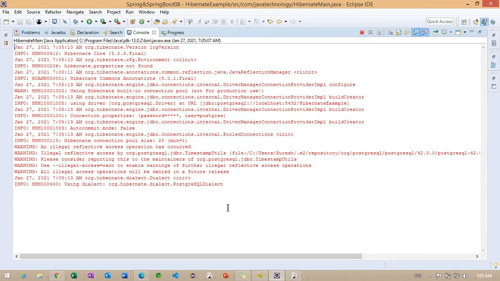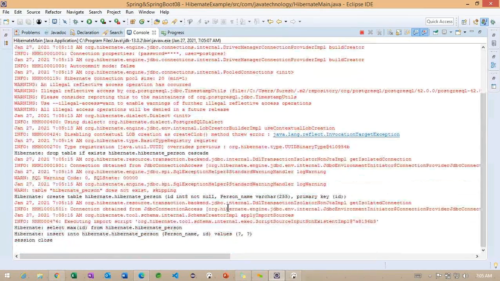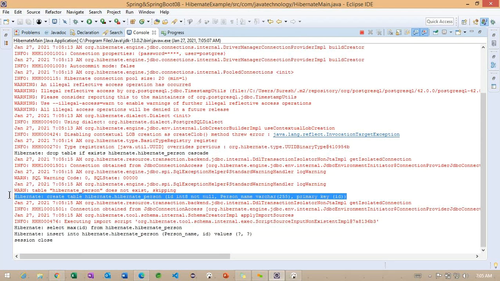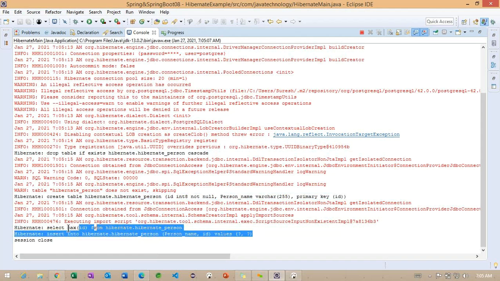We are trying to insert the record inside the particular Hibernate schema. You can observe here, the drop table SQL is generated, and after that it's trying to create a table inside this particular schema. And we are trying to load max ID. With the max ID, we are trying to insert the record, and our session is also closed here.